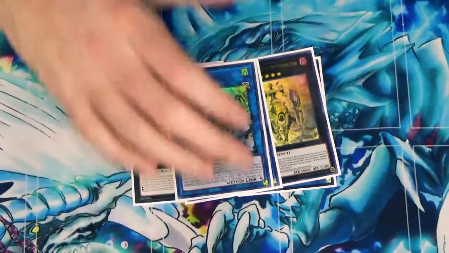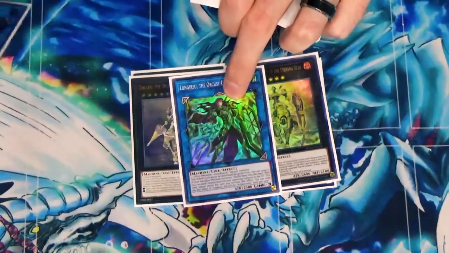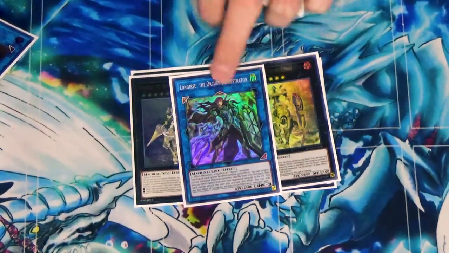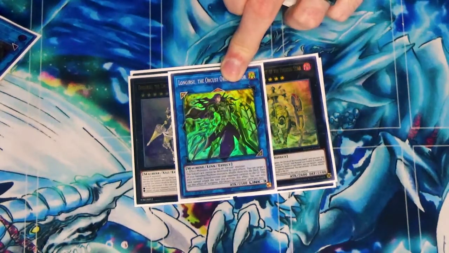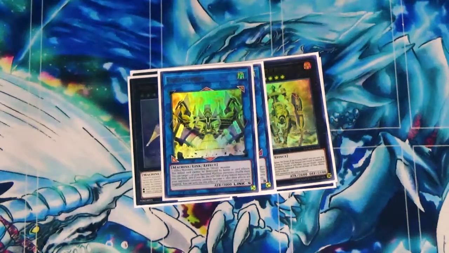And that would be Orcustrian. So Dingirsu's effect requires you to shuffle in 2 banished machines and lets you send a card that a link monster points to the graveyard. Orcustrian, he's a big old jerk bag. So what he does is he shuffles in 3 banished machines and he negates the effects of the monsters he points to and turns their attack and defense to 0. Yeah, it's great. You get 3 resources back and you get to create a new